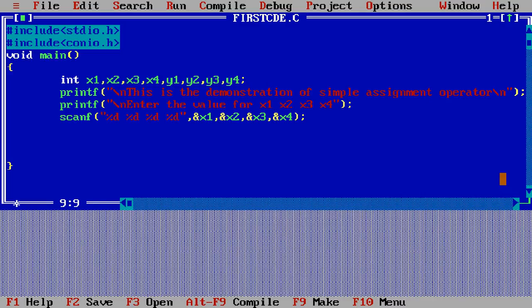Okay, and then I write here x1 equal x1 plus 10, x2 equal x2 minus 10, x3 equal x3 multiply by 10, and then x4 equal x4 divide by 10. Okay,